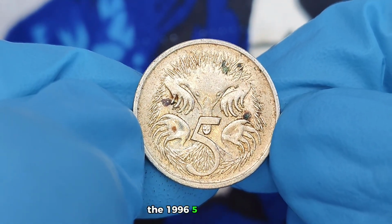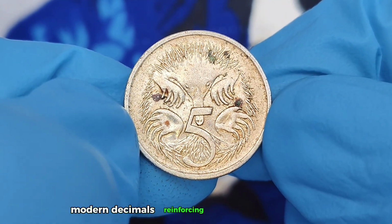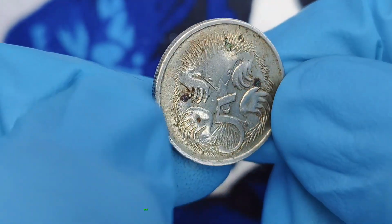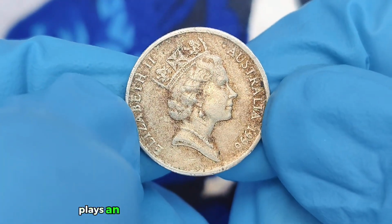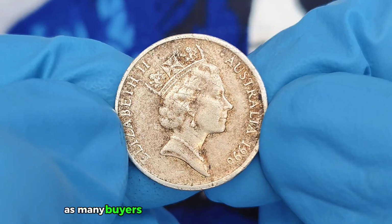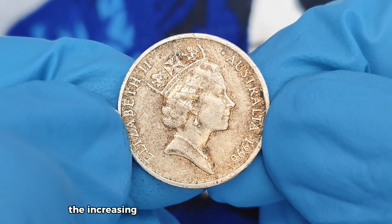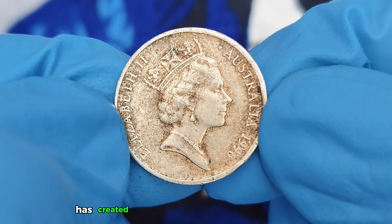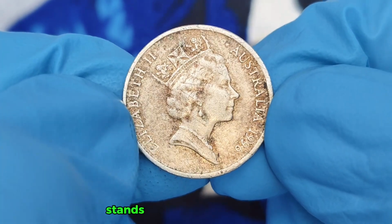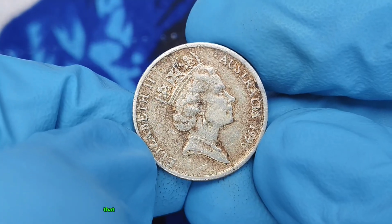The 1996 5-cent coin frequently appears in conversations about undervalued modern decimals, reinforcing its growing reputation. Collectors also benefit from building complete sets, and the 1996 5-cent coin plays an important role in year-based collections. This keeps demand strong, as many buyers need this coin to complete their series, further supporting its market position. The increasing popularity of Australian decimal coins has created a strong foundation for future growth. The 1996 5-cent coin stands confidently within this trend, supported by history, design, and collector interest that continues to expand